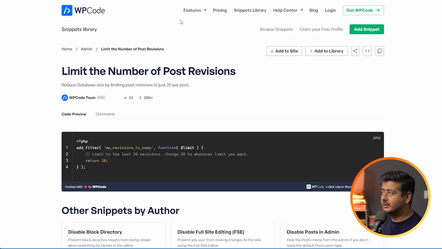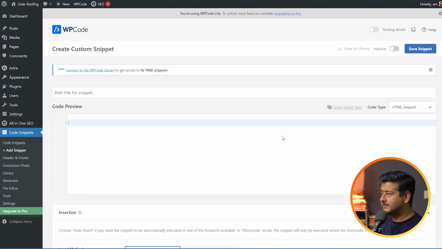I'll place the URL on the screen as well. This is a code that you can add to your site. Don't worry, it's completely safe. It's from WP Code's website that you can copy and paste to your site, which will limit the number of post revisions. So all you have to do is copy this, go back to the site and just paste this